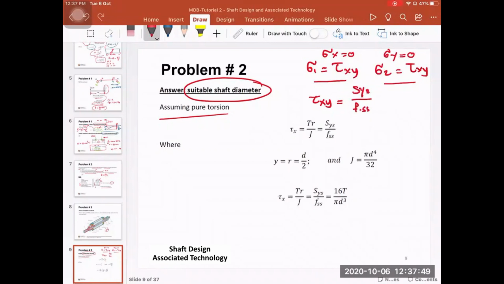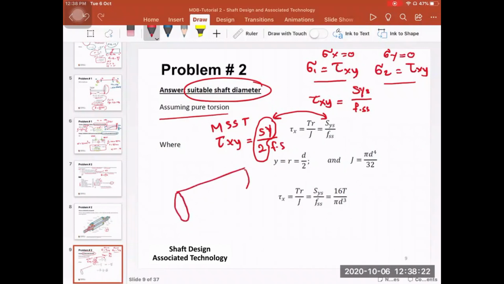In this case, if we use the maximum shear stress theory, you will find that tau xy eventually is equal to S yield over 2 times the factor of safety. So this S yield over 2, we consider this value as the S yield in shear. What we have here, on the left-hand side, is because we have torsion. So if you have